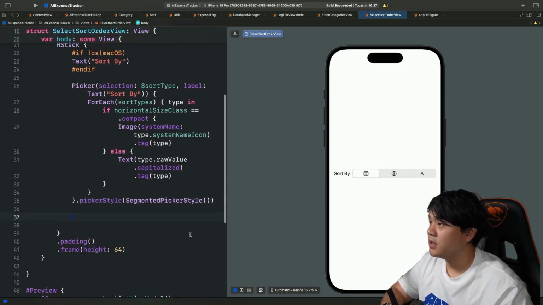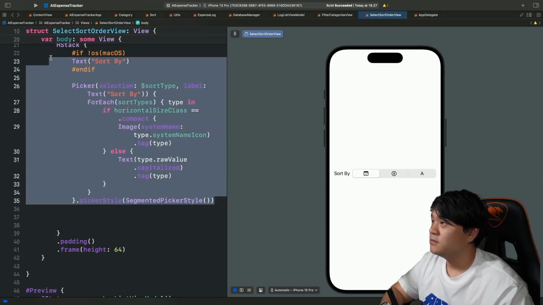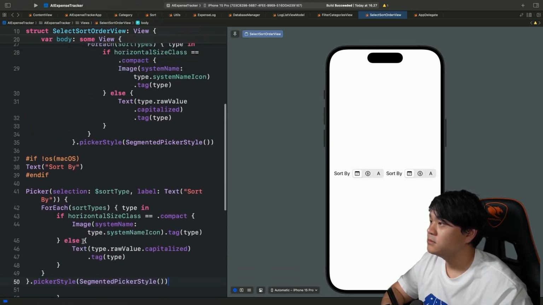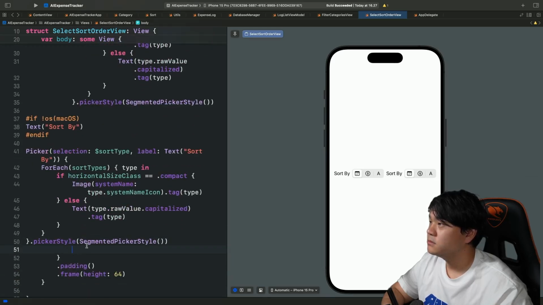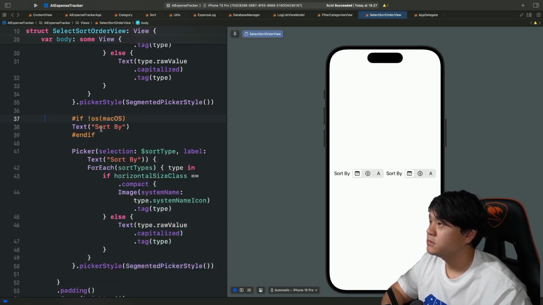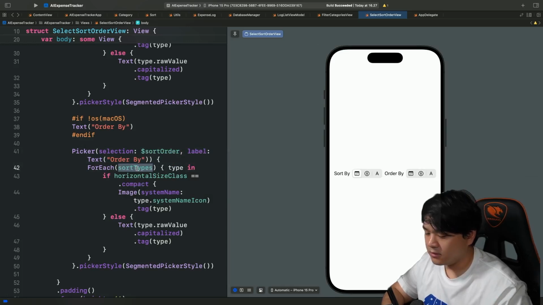And now let me copy this. It's going to be very similar for the order, but we need to just make several modifications, small modification. Okay, this is going to be order by, and in here for the binding it's going to be sort order, and for each array it's going to be sort orders, and here it's going to be order,